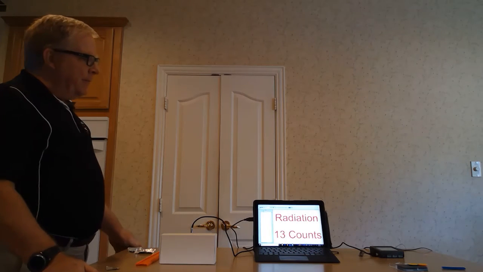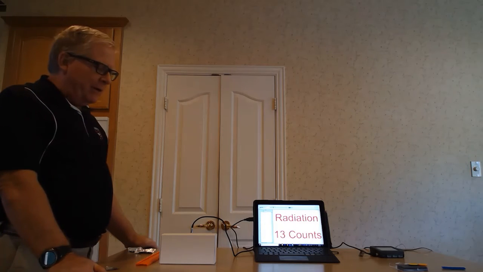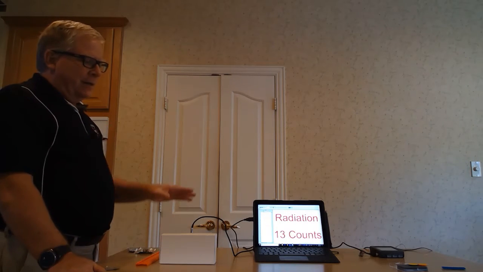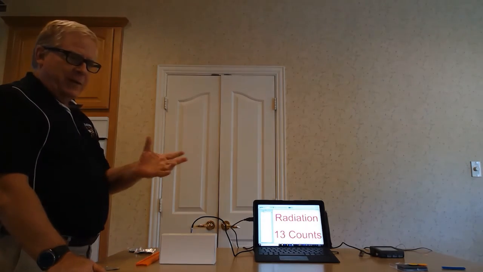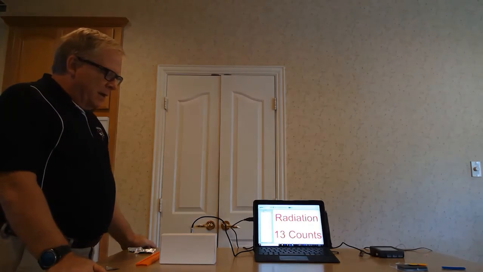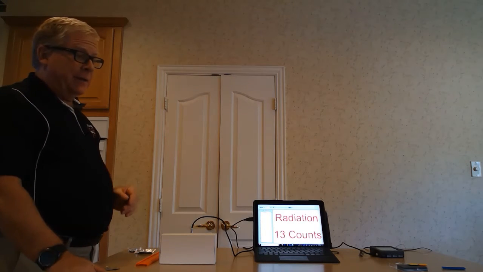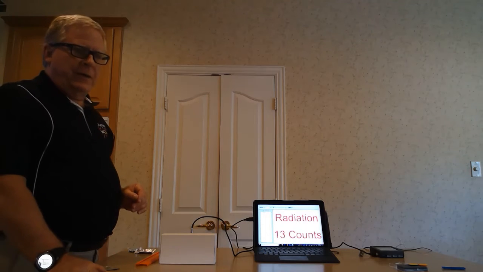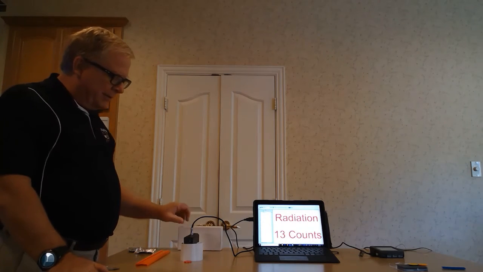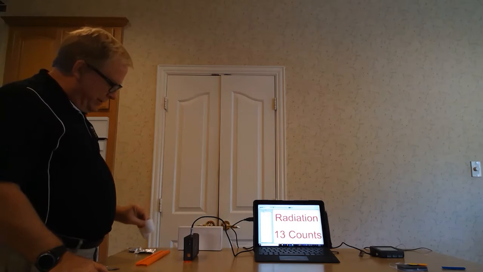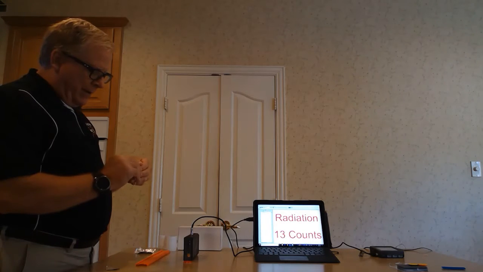Okay, we're back now, and we had 13 counts. That's actually a little bit less than our background radiation. We may have shielded our device from some of the background radiation, which may have been a few alpha particles. So, not much more radiation, or actually less radiation than with just the background. We can pretty much say that it's been shielded from radiation, but just to make sure, so we can be consistent, I have a